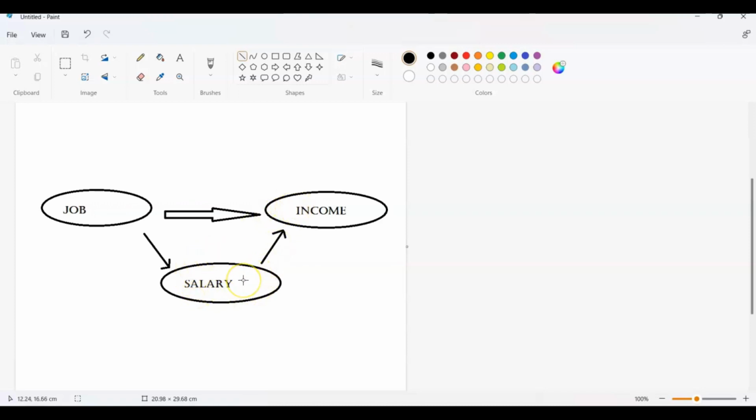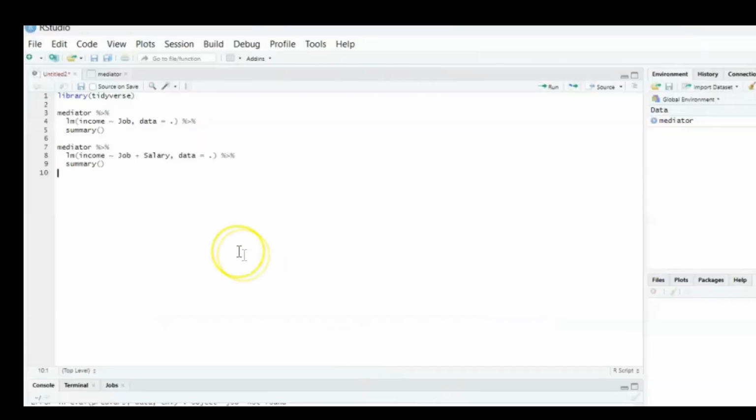But to find out whether that's completely true or not, we also need to evaluate the remaining relationship between job and salary. You might assume that if your job increases, your salary increases, but we need to know that for sure. So we're going to go back to our source screen. I'm going to work with the mediator dataset again, then press the pipe operator, then another linear model, and this time the dependent variable is not income but salary, and then the tilde, and the independent variable is job, and then a comma, and then data equals dot, and then the pipe operator again by Ctrl-Shift-M, and then